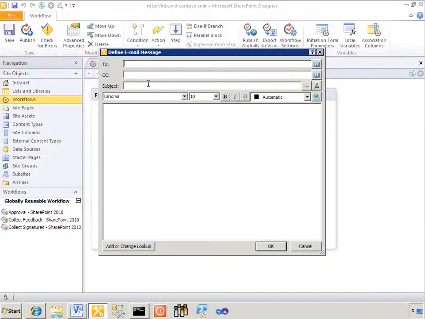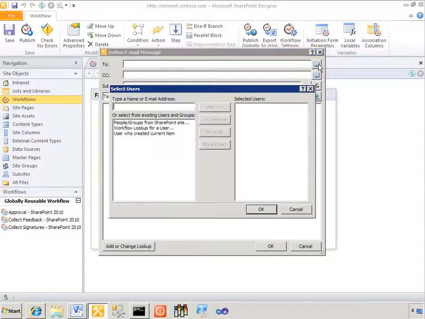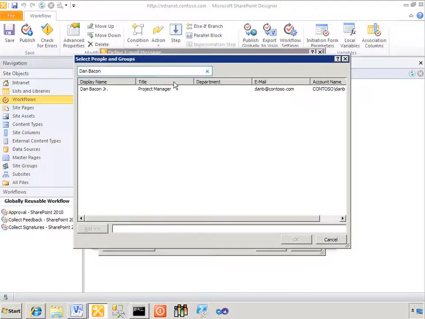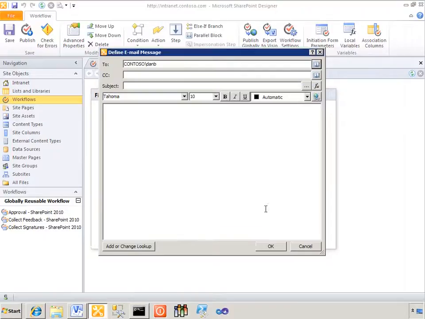And we're going to select certain users that we want to send email to. So we can actually send users, let's say Dan Bacon is the guy we want to send email to. So let him know that we're out of product. And we can just send an email subject, out of discontinued product. And then just tell them which product. So we can actually use